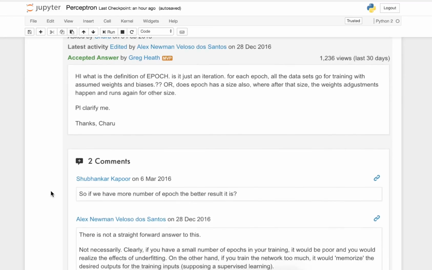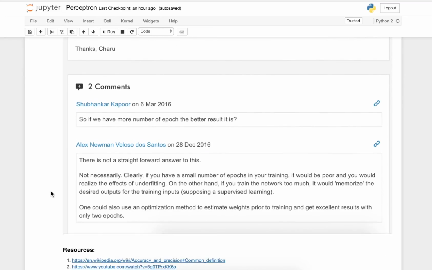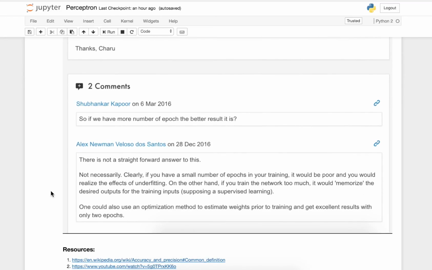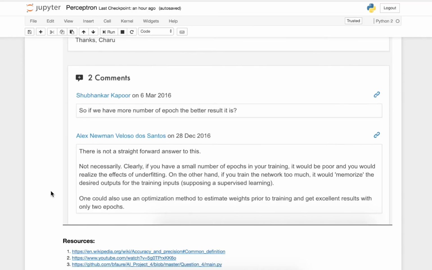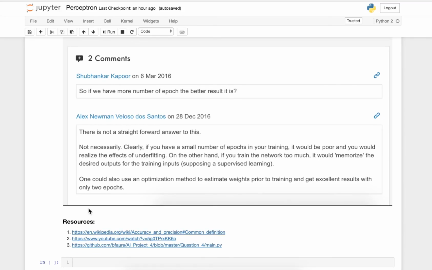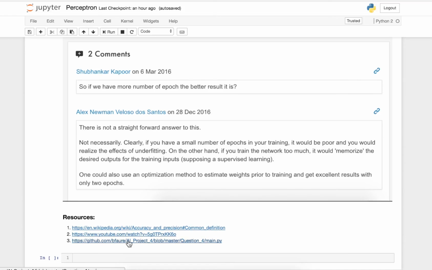And so the answer this guy got, and I thought would make sense, is that it doesn't always work, and it's a bit like overfitting, right? So at some point the weights wouldn't really get better and help the prediction. But what we can do is we can optimize, use some other techniques that you can explore further before we go into training. There are cool relevant resources that you're welcome to check. Relevant code and